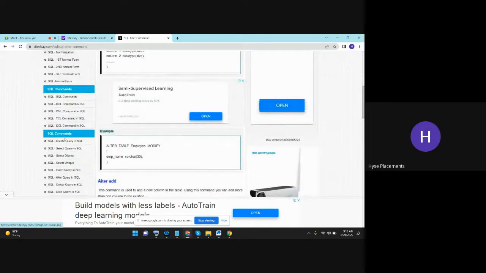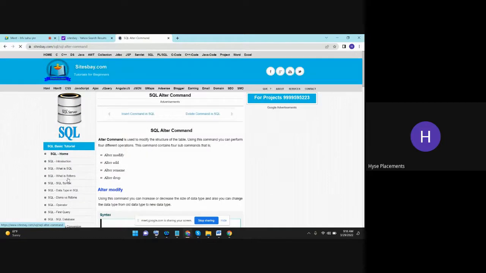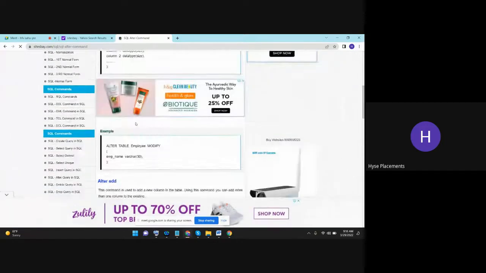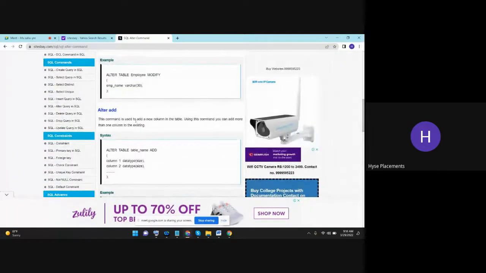Okay, these are the syntax we need to go on, and after that we need to go with alter. Alter is nothing but modify. In that modify we are going to concentrate. Actually, alter table employee, we are going to modify employee name varchar. Previously it's 20. If you want to extend the limit to 30, then you need to go with